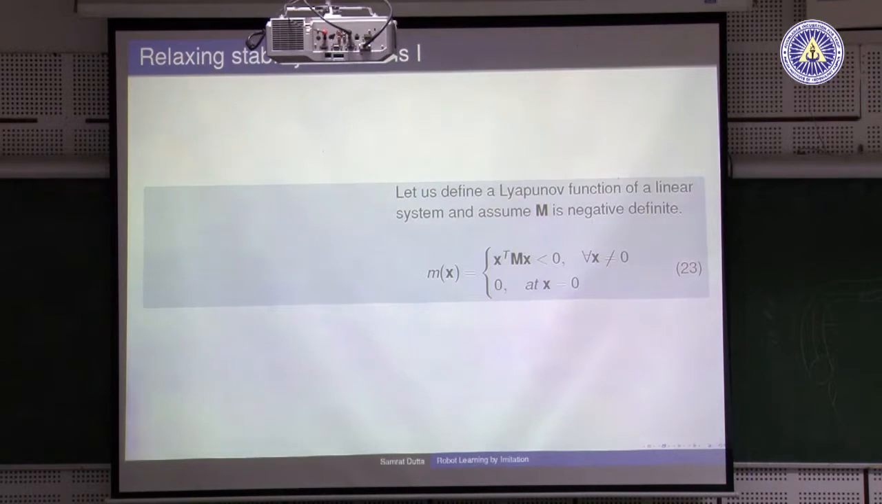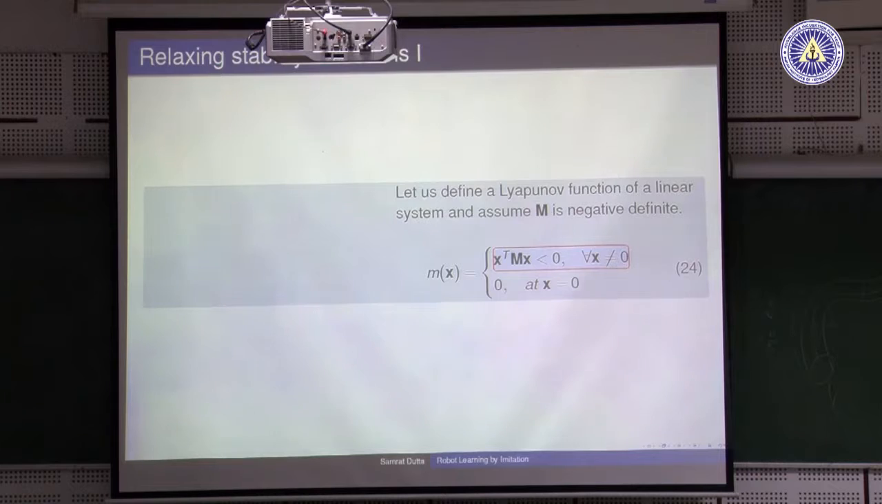Before that, I will show how it works. Suppose M is a negative definite matrix, and this is your Lyapunov function that we already showed, fine. Now, this x transpose M x will always be negative for x not equal to 0 as M is negative definite, and this term will be 0 when x is 0, right. But what if our M is not negative definite,